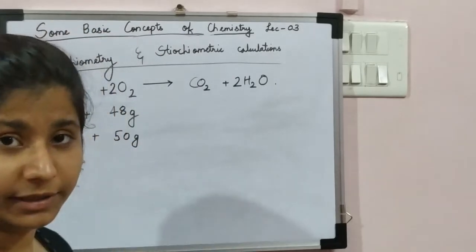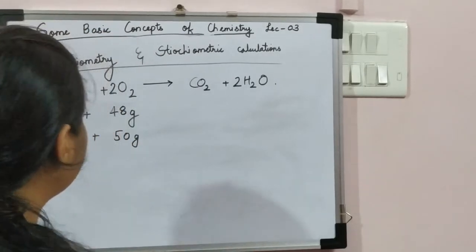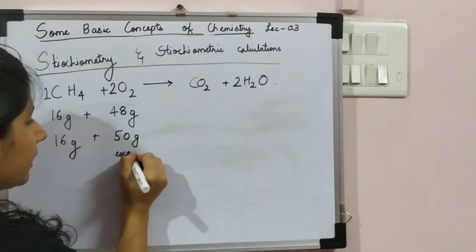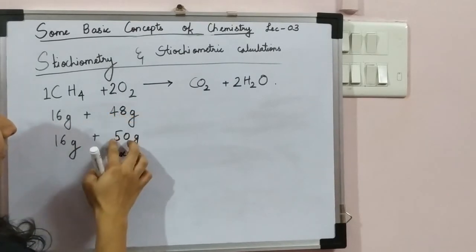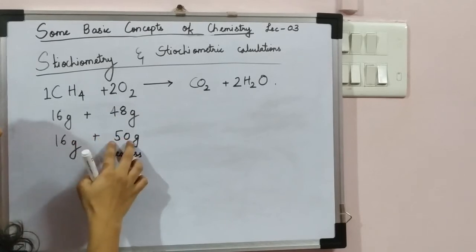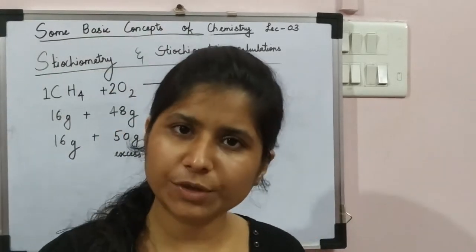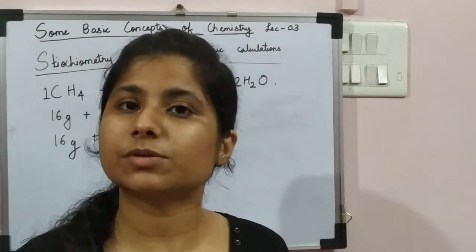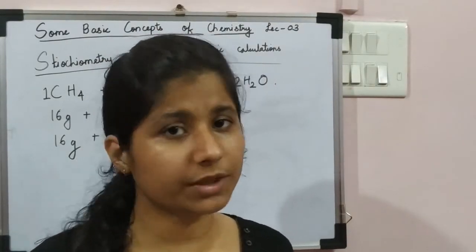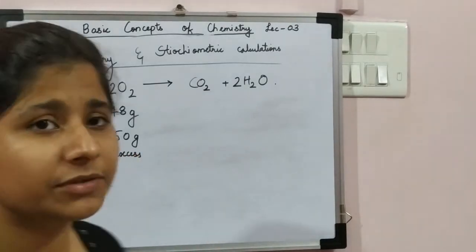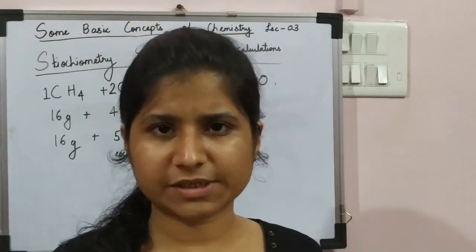Although that will not react at the end of the reaction, it will remain. But still we take it in excess. So this is taken in excess. So instead of 48, 50 is taken. So if this is in excess, what does this become? This becomes a limiting reagent. 16 is going to react and only 16 is present. So this becomes a limiting reagent. And in this way, we can be given two different weights of substances.